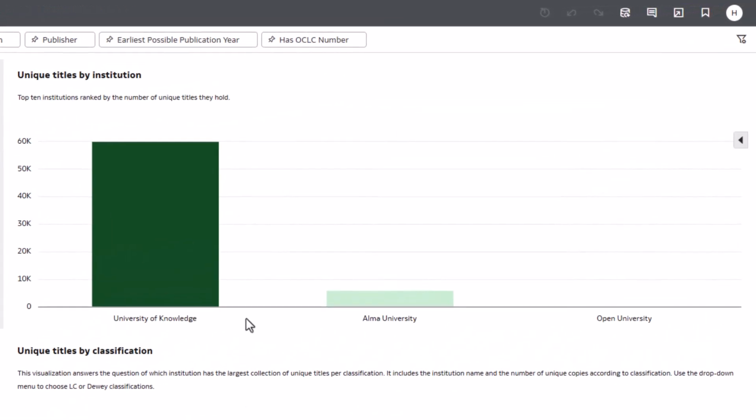The Unique Titles by Institution visualization shows the top 10 institutions ranked by the number of unique titles they hold, meaning no other institution has those titles. In our example, the University of Knowledge carries most of the weight while the Open University has only 132 unique